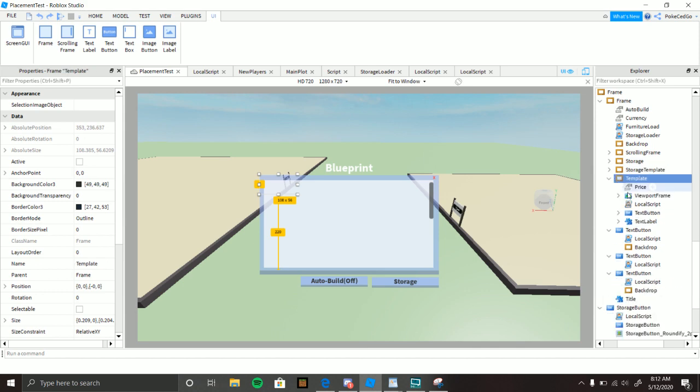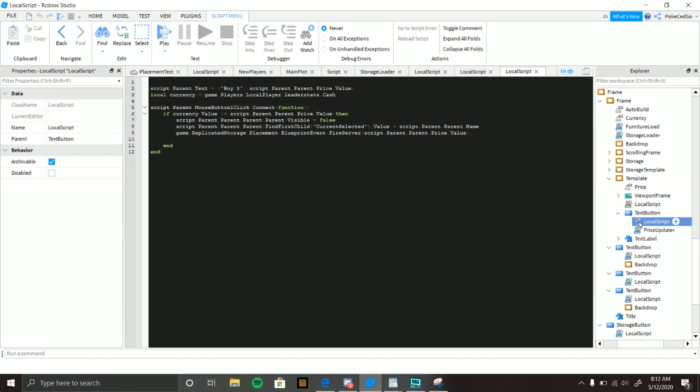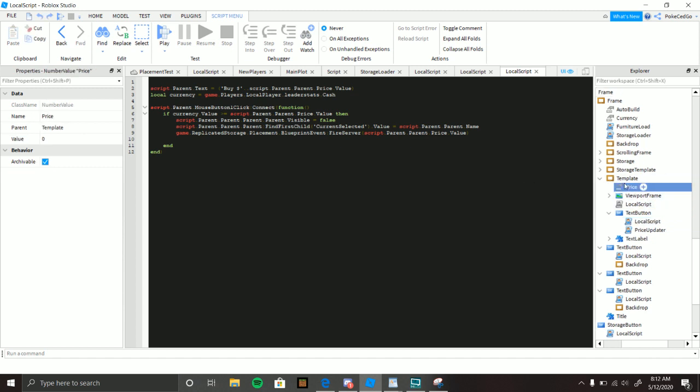The template right here. Alright. So when they click on it, it'll check if the currency value is greater than or equal to the price value. The price value as in the furniture price value, because when you load in the furniture's price, it'll change this to the price of the furniture. Okay, so it'll check if the player has enough cash or money. If they do,